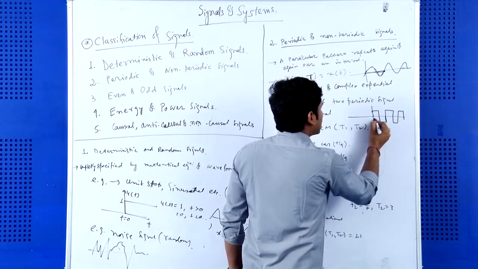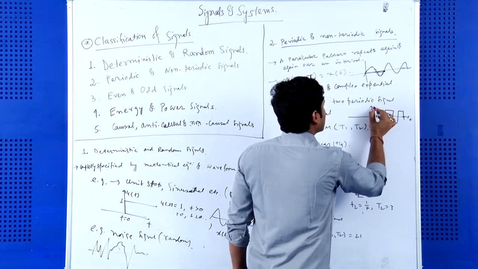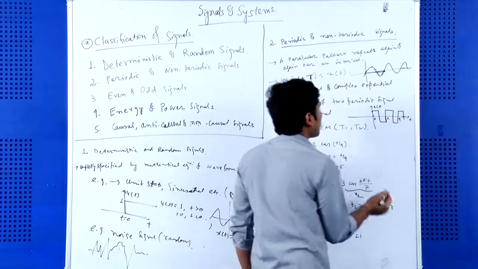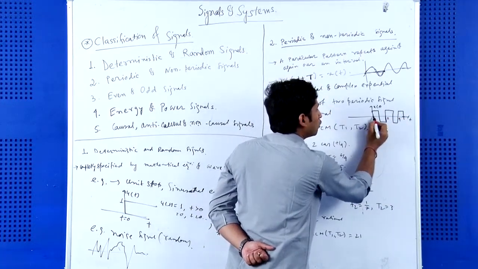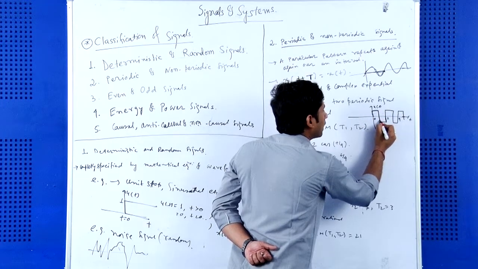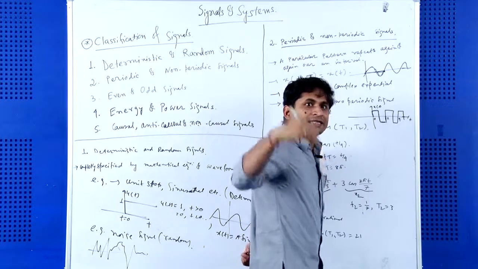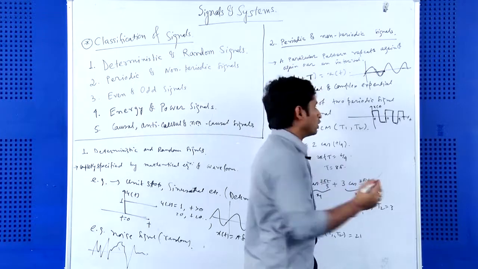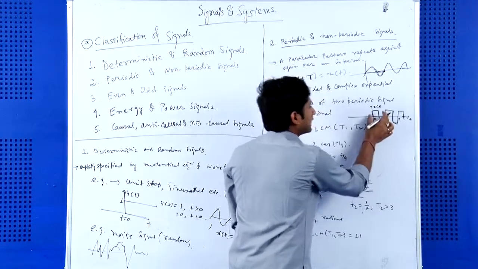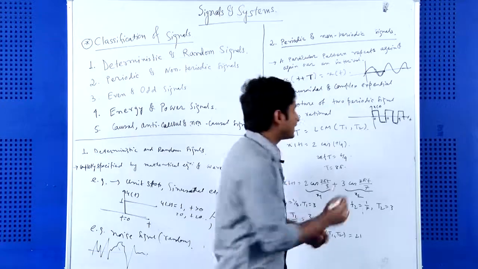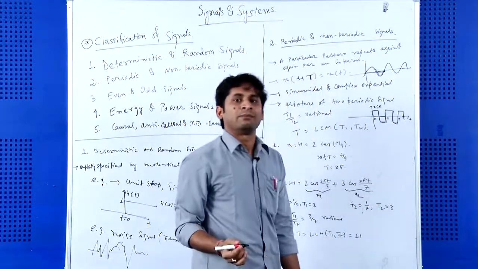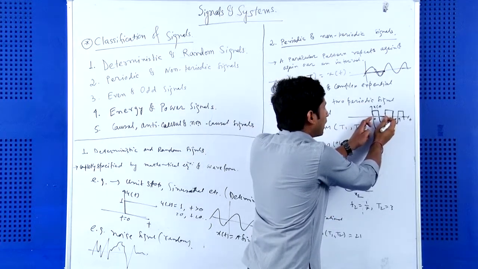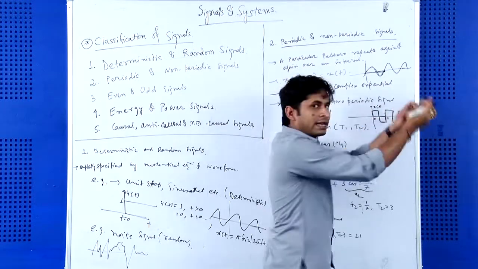Okay. So this is t equal to 0, this axis is the t axis, let us consider x(t), and this is 2, this is 4, etc. From t equal to 0 to t equal to 2, this particular pattern repeats again and again. So from here again the particular pattern repeats again and again. So this time period 0 to T is the fundamental time period. This interval 0 to T, the waveform in this interval repeats again and again,